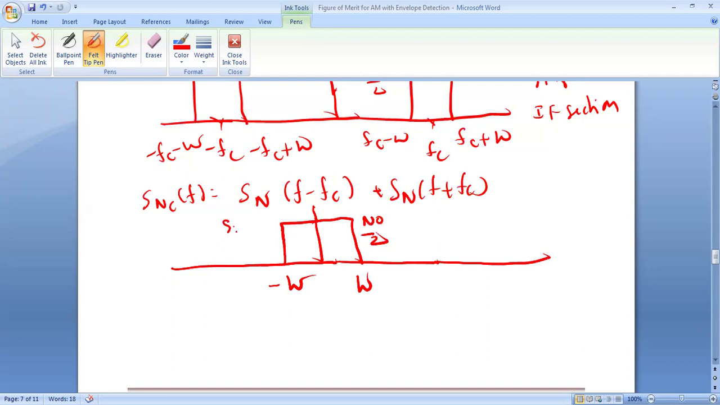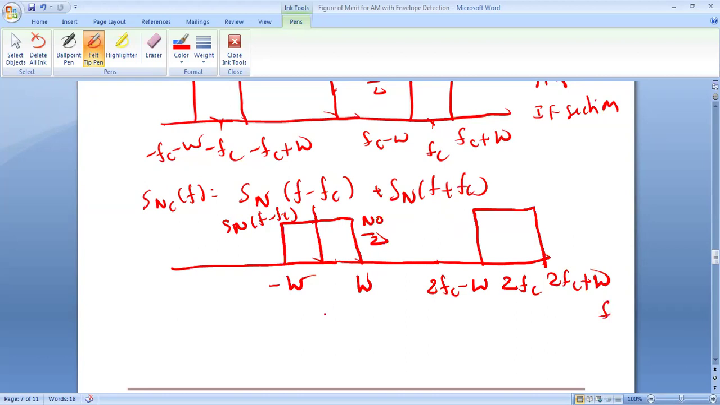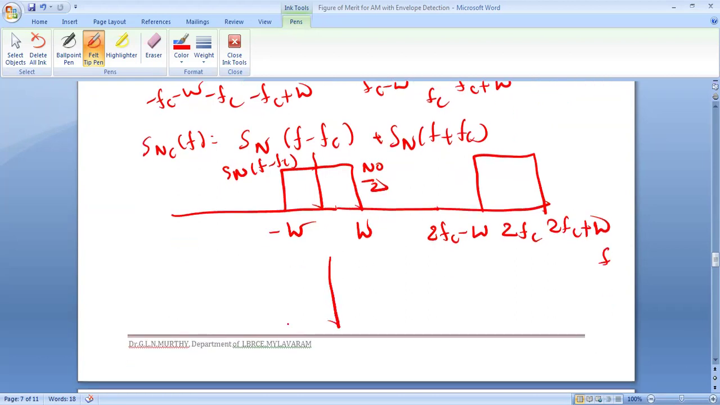What is this? SN of f minus fc. And some spectrum over here will also get 2fc plus W, 2fc minus W. Why? You are shifting this one, fc plus fc, 2fc. So 2fc plus W, 2fc minus W. This is SN of f minus fc. Similarly,